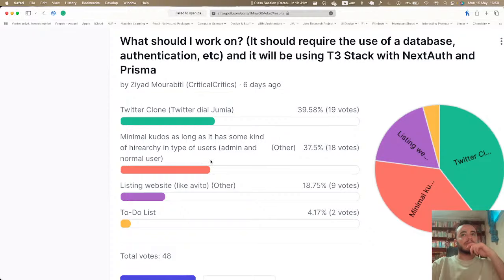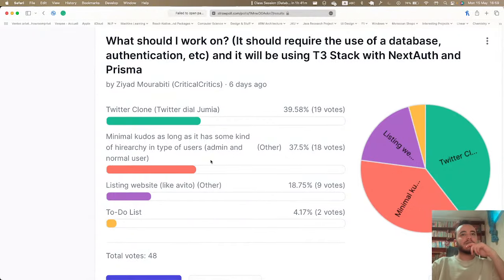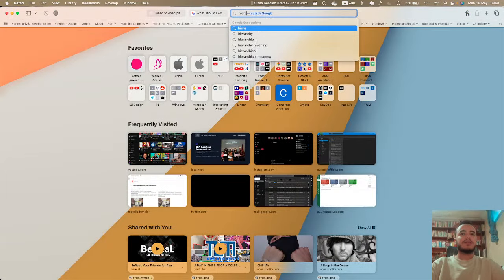Now, I don't know if everyone voted because it had kudos in the name or if everyone was interested in this kind of hierarchy being implemented in Prisma. Either way, I feel like we can achieve that kind of hierarchy regardless of whether it's on this kudos or on this Twitter clone. So I'm not entirely sure yet what to go for. And in terms of hierarchy,